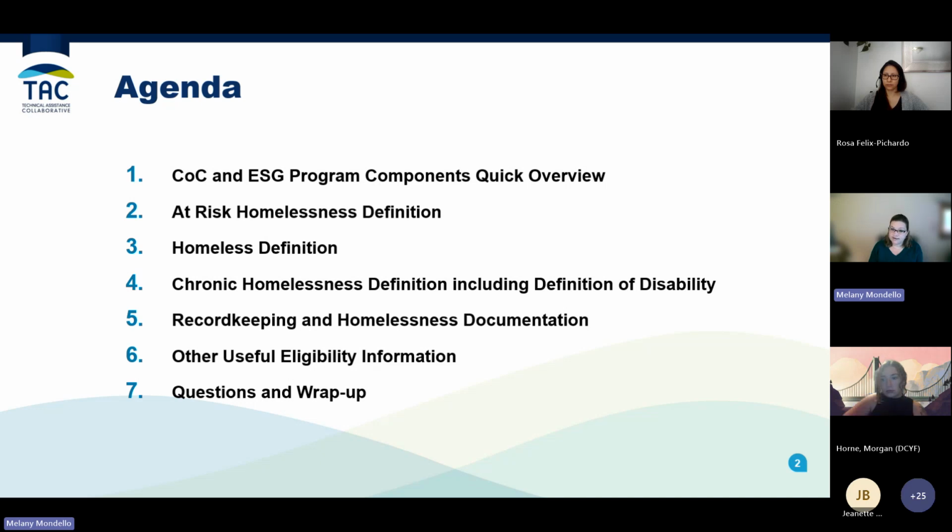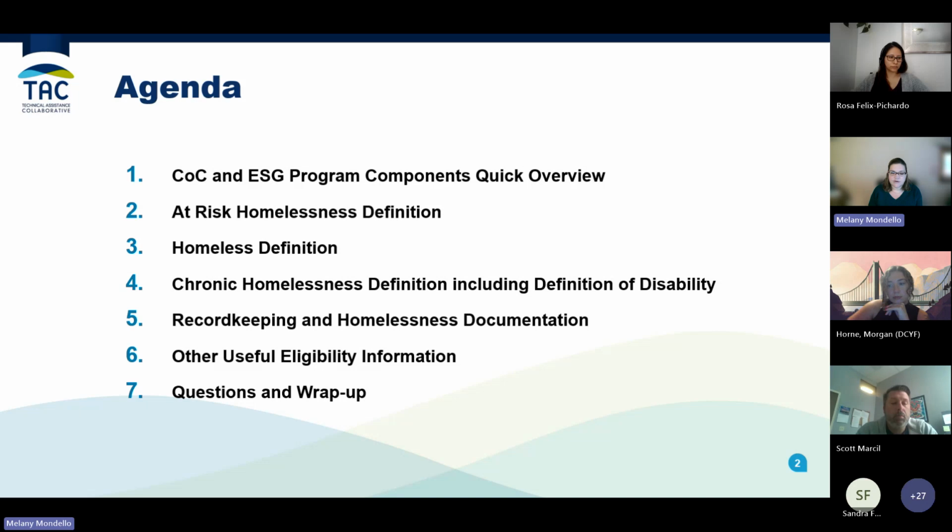We're going to go over the homeless definition, which applies to both types of projects. Then we're going to dive into everybody's favorite chronic homeless definition, including how HUD is defining a disability. So that'll be the first part of our training. We'll take a quick break, and then we will go into record keeping. How do you prove all the things that I'm going to tell you in the morning about that people are qualified for the projects that you're running so that you make it through any monitoring or audits